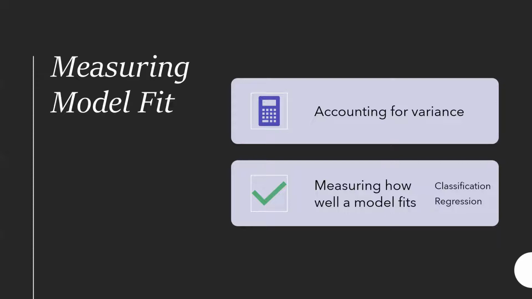In addition, we want to measure how well a model fits. So we want to look at the accuracy of the model. We might want to look at false positives or false negatives. There are some cases where you don't want to miss a true prediction. So with COVID, we don't want to miss patients who might need treatment or might be able to infect others. So false negatives would be really bad in that case.